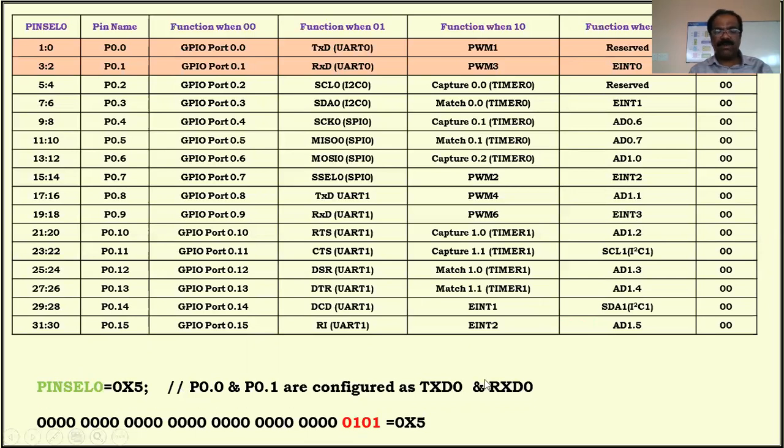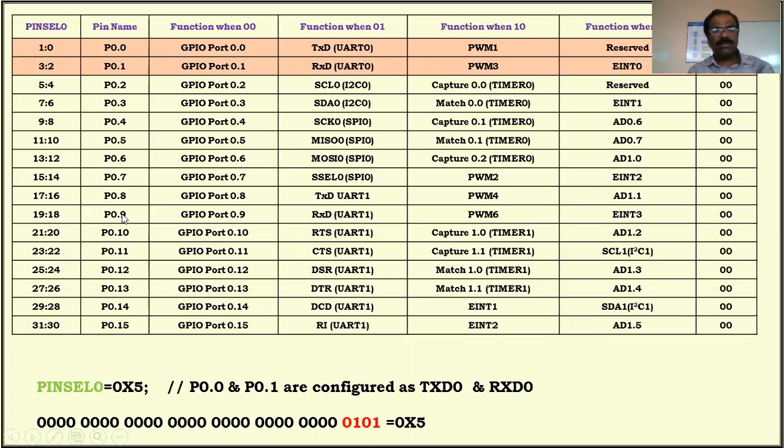What is the purpose of using this particular statement? We have to configure P0.0 and P0.1 as what? Transmit data and receive data. And one more thing is here TXD0 and RxD0. 0 stands for, we are talking about the UART 0 block. If it is UART1, this is nothing but what? Here 1, here 1. Actually, I have to go for different things. Here UART1 transmit data and receive data, by the time to go for P0.8 and P0.9.